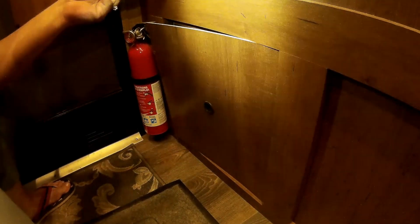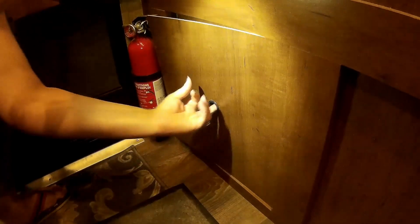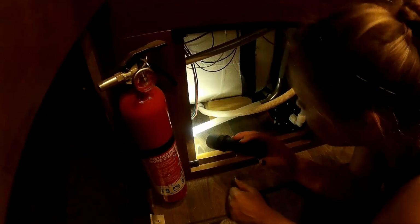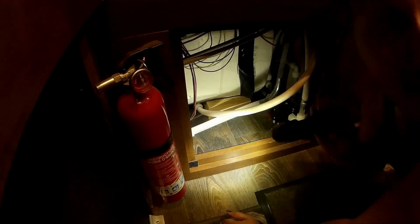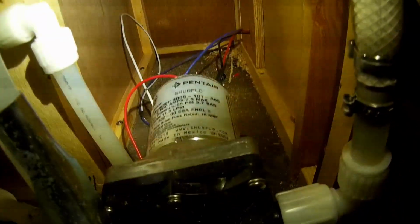So this is the water pump access here. Just put your finger in that hole and pull. There you go. There's a little turbot right there, I think. Oh my gosh, I have to stick my head in there. Here we go. Oh boy. Has anyone ever told you how much I'm afraid of rodents? Why am I doing this? I can't tell if that's poop or if it's...